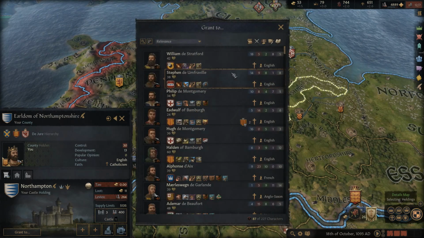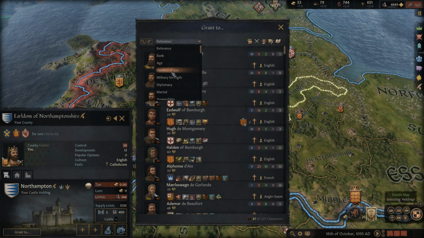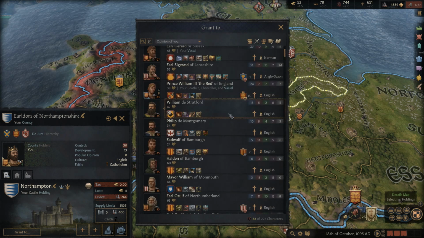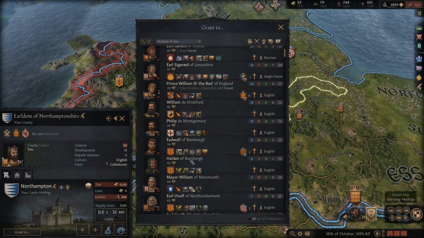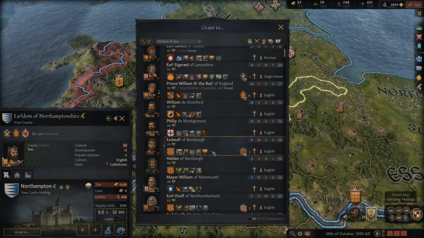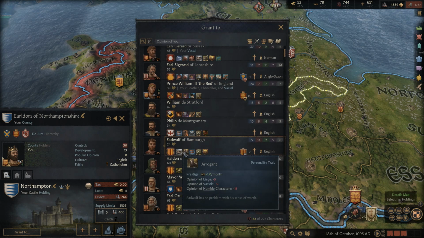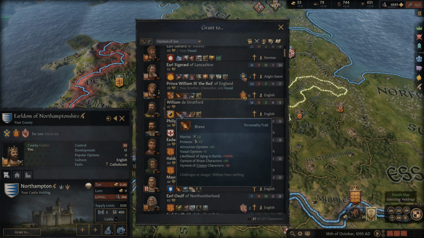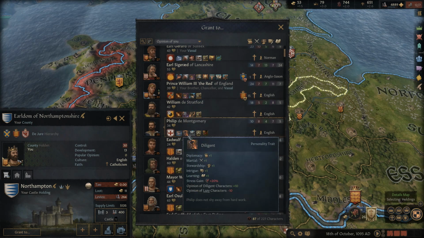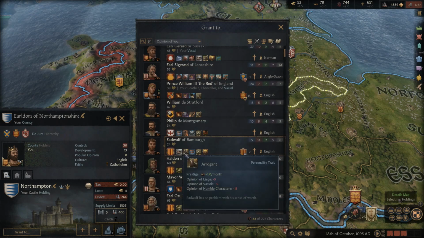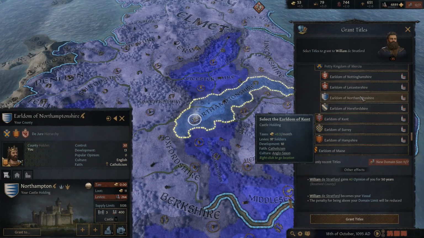So let's just grant this to somebody who likes us. I mean, I guess it really doesn't matter if he likes us or not. Yeah, we could give it to pretty much anybody. So let's just grant it to one of these 3 characters here. Let me see which one would be the worst one as far as having them as our direct vassal. The paranoid is fine. This guy's ambitious, so I think that's the one we're going to grant. Yeah. Alright, so we're going to give this one to